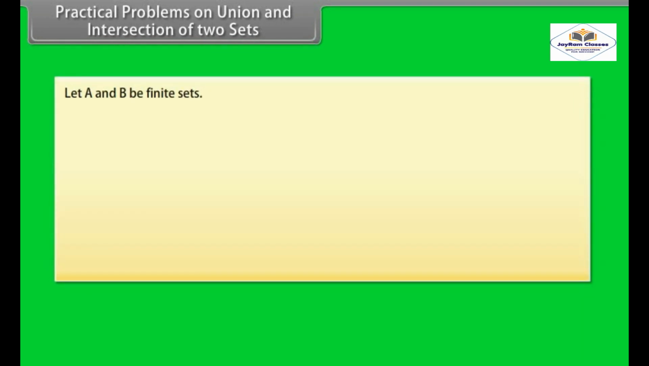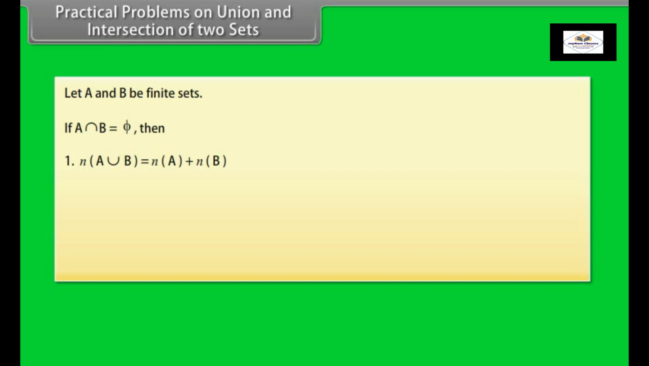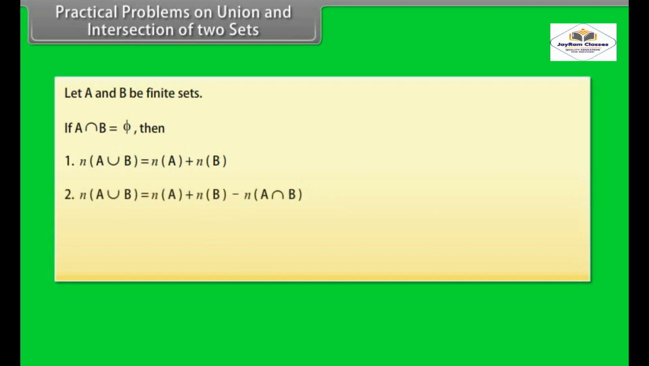Practical problems on union and intersection of two sets. Let A and B be finite sets. If A intersection B is equal to phi, then n(A union B) equals n(A) plus n(B). n(A union B) equals n(A) plus n(B) minus n(A intersection B). If A, B and C are finite sets, then